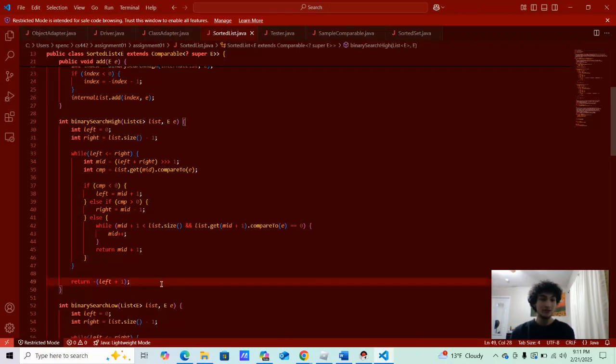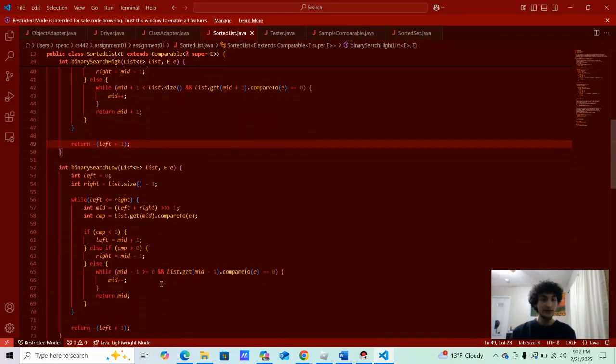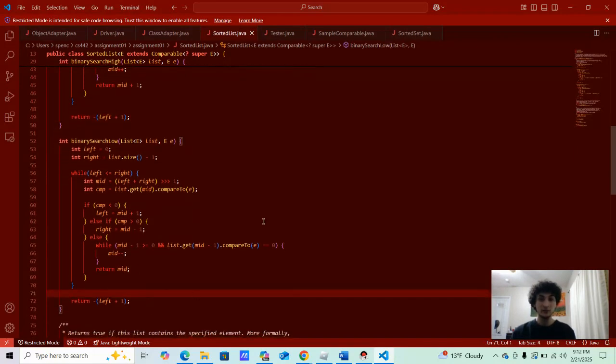And then what binary search low does, it's the same logic as binary search high, but we are looking for duplicates or multiple occurrences of a certain element. So you see that same logic here when you're comparing, and then you'll see when I run the test what the results show. But also we go into the class adapter here,